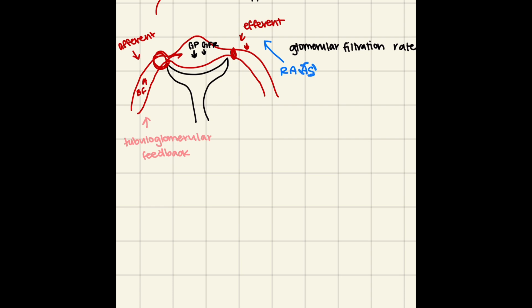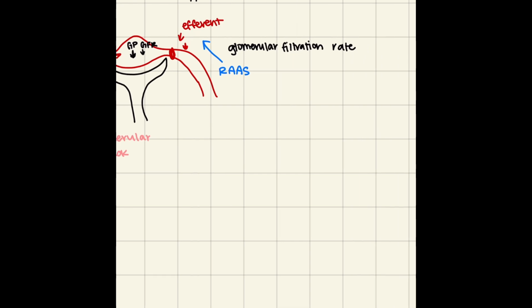That one is one that we've talked about before, but just as a reminder, we start with renin, and renin goes through a bunch of these intermediates, and then it becomes angiotensin 2, right? Renin converts angiotensinogen to angiotensin 1. Angiotensin 1 is converted to angiotensin 2 using the ACE